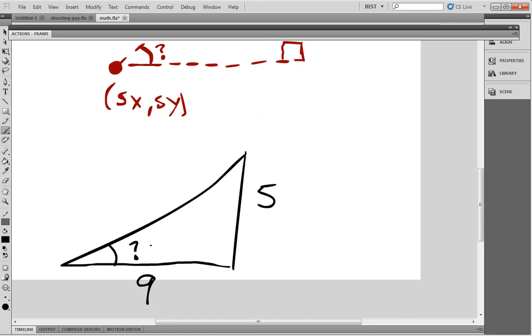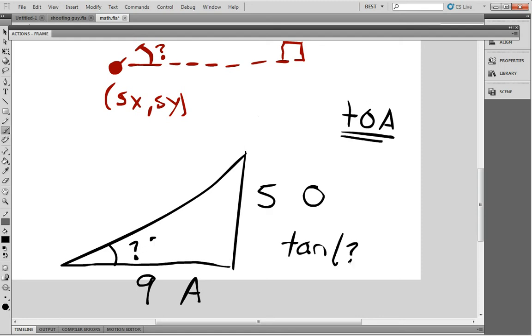For this angle, this is the opposite side and this is the adjacent side. So we can use TOA: opposite, adjacent. So we can write tan of the angle that we are looking for equals the opposite side